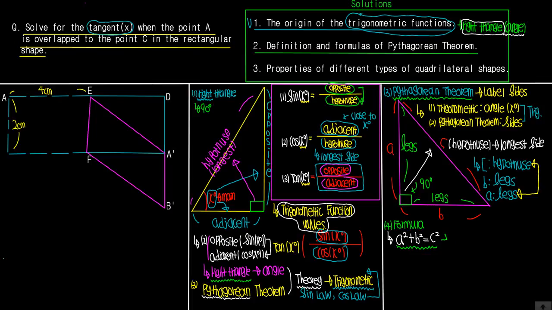The formula states that the square of the hypotenuse, the longest side and the side opposite the right angle, is equal, or equivalent,